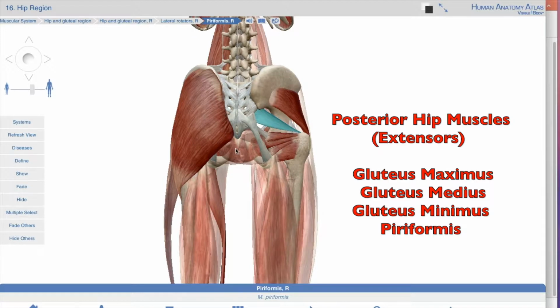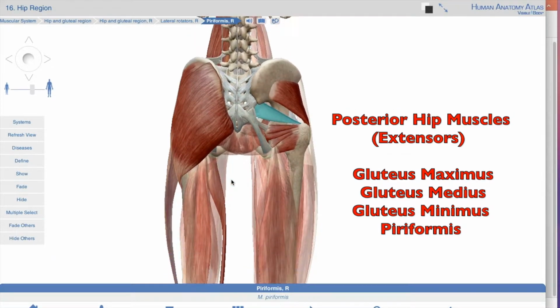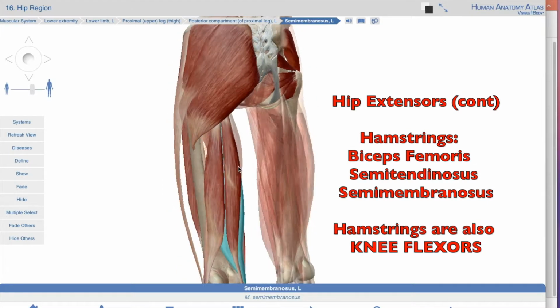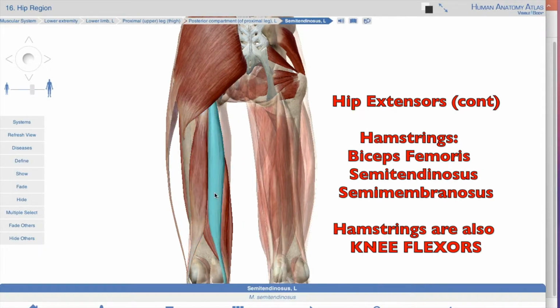Okay, we have another group of muscles just below here, just a little bit lower down, called the hamstring muscles. And they are these three muscles here. We're going to just show them a little bit clearer. Okay, these three muscles are the hamstrings. And if you look at them, I should have actually done it on this side. Let me show them over here. These three muscles,